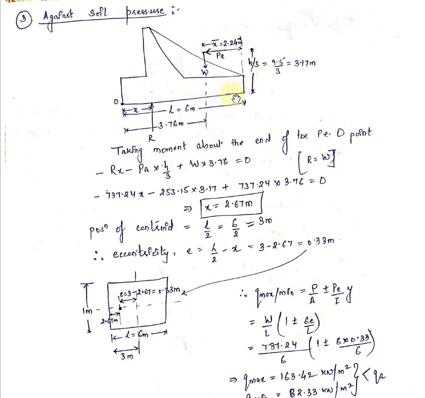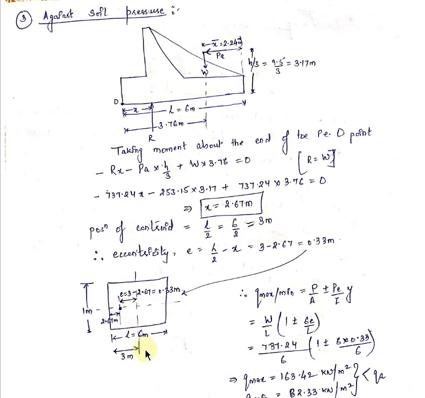And this width is 6 meters, and the length we have taken as 1 meter because we design the retaining wall for 1 meter width or 1 meter length. If you're taking this as width, then this will be length, and if you're taking this as length, this will be width. For this type of section, we know that it is a rectangular section. Therefore the centroid of this rectangular section, the CG, will be at half of the length. The length is 6, so the position of the centroid will be L by 2, that is 6 by 2, that is 3 meters.